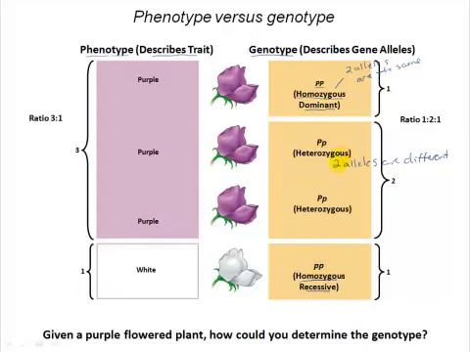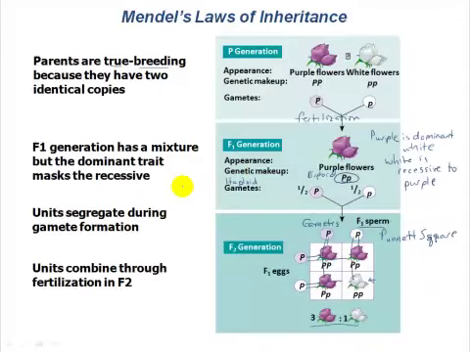So phenotype is driven by genotype. Our 3:1 phenotype ratio with this sort of cross is being driven by a 1:2:1 genotype ratio. Right, and again, the reason that Mendel was able to determine that this was what was going on is by observing that 3:1 ratio and figuring out mathematically what could possibly account for it. And that's what we saw here in this F2 generation. Random combinations of two different allele types coming from two parent plants combining in all possible combinations. That's the way we get this 3:1 ratio.